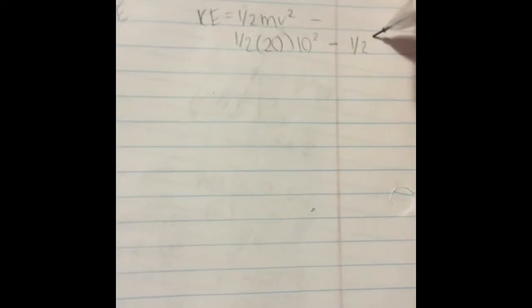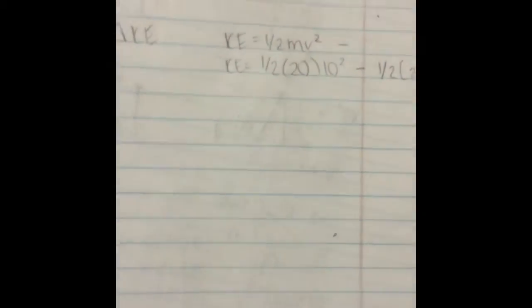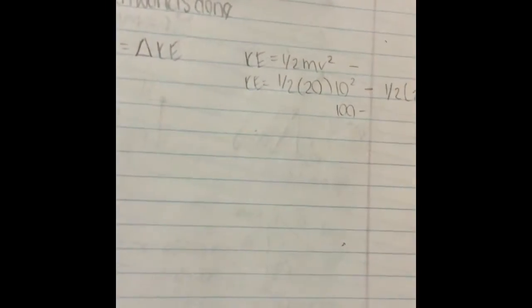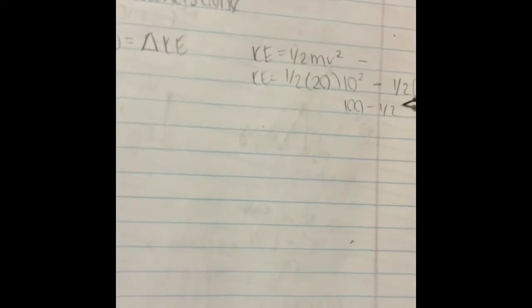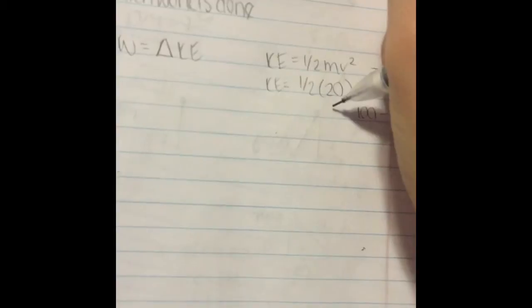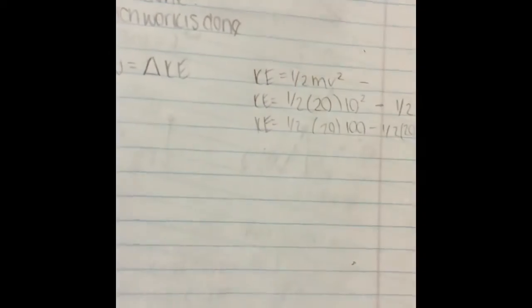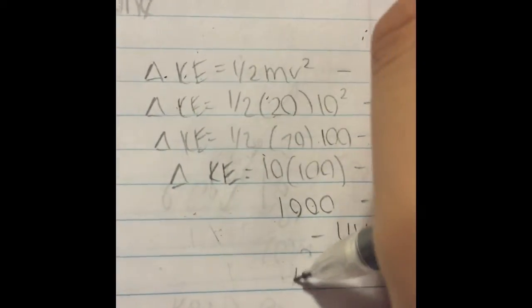So if we do 20 times 12 squared, kinetic energy is equal to 1/2 times 20, 100, minus 1/2 times 144 times 20. Plug this into my calculator, and that it equals negative 440 because I calculated the change in kinetic energy wrong and I was too lazy to